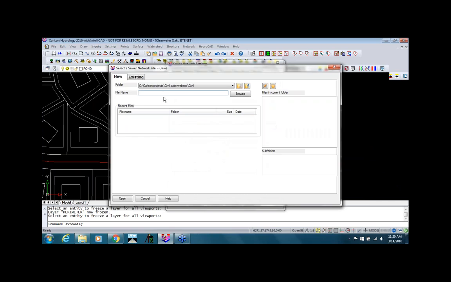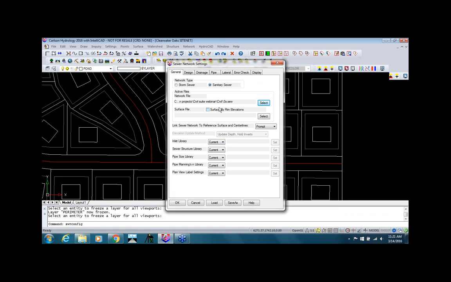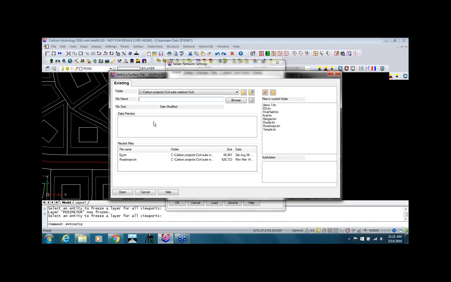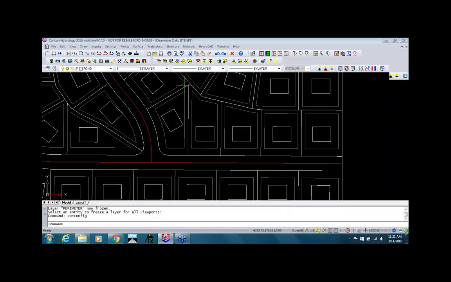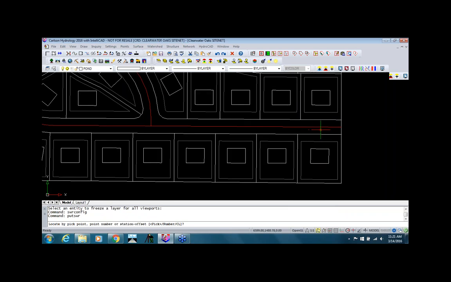I need to give it a file name, and I'll just call it SS, short for sanitary sewer. My surface file, I want it to automatically find those elevations to set my rim elevation. So I'm going to select roadways 10, say OK, and then I simply just come in here and start picking structures here. So I'm going to pick location here,